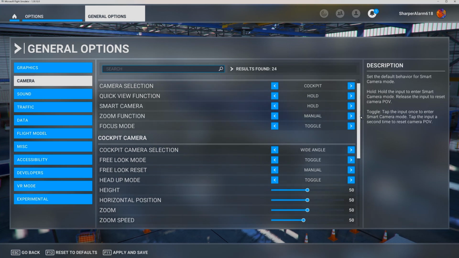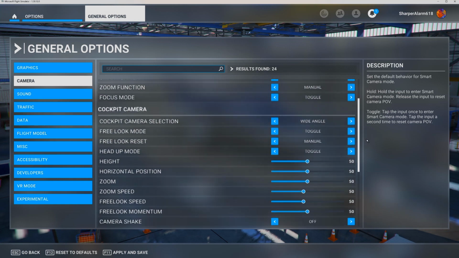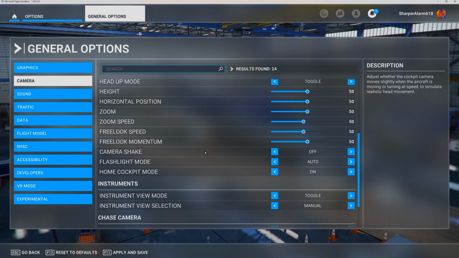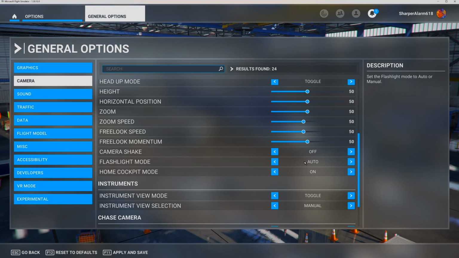Okay, what you want to do is we go into here, these 3. Camera check, please turn it off. The flashlight mode, you can leave it as auto, there is no effect on that, but the on cockpit mode has to be on. Now, I don't know really what the difference is, but it's very clear in the manual for a flight list